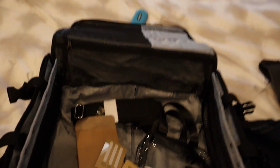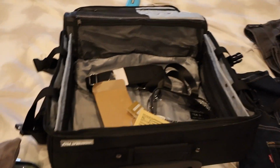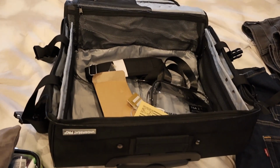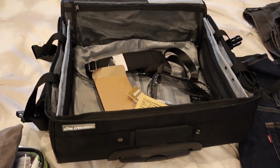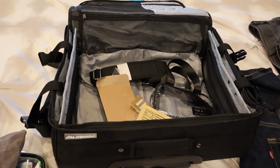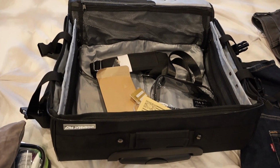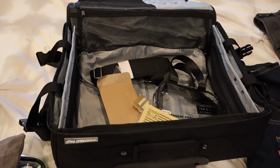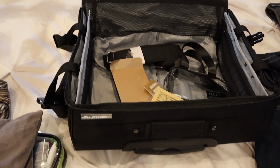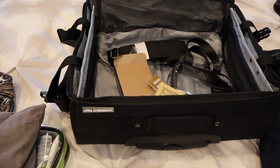Now this one is version number 2. So I can't tell you a lot of differences between version number 1 and version number 2 because I had never seen version 1 in person. But there is a video out there where they're reviewing the differences. I believe it's the Kellys. Very good video where she's comparing both version number 1 and version number 2. But some of the things that were mentioned in the video is that the